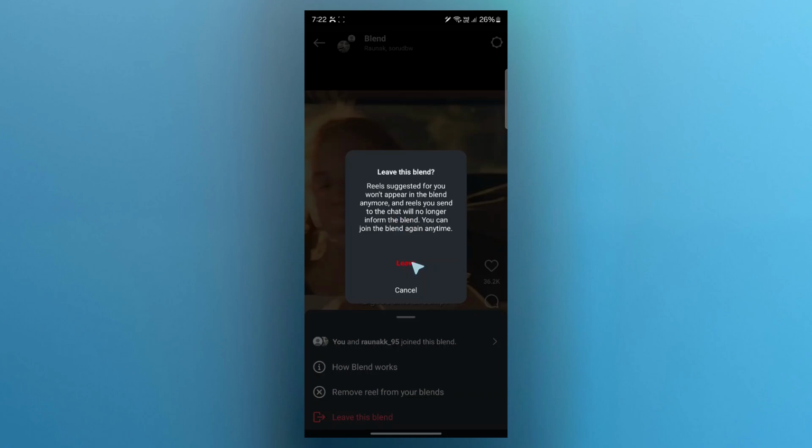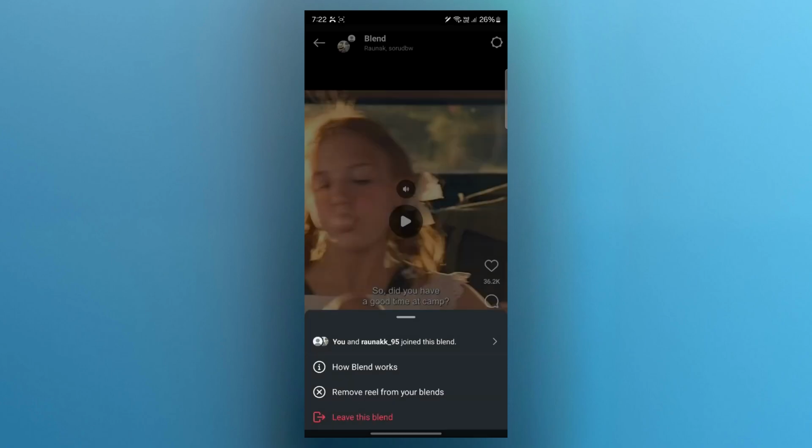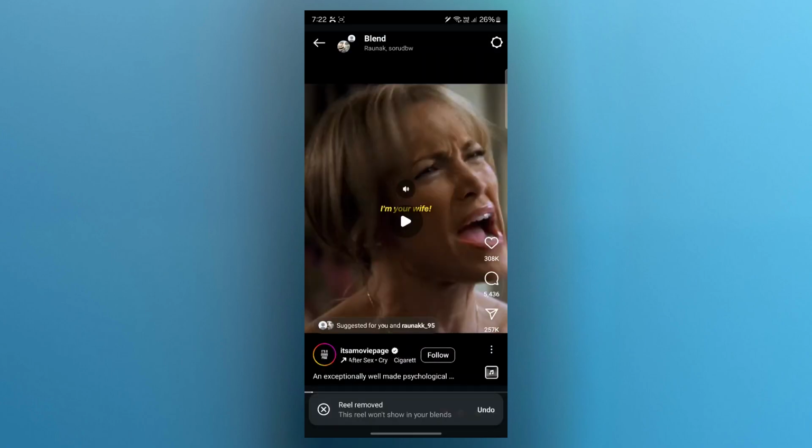So you can just click on the leave option here and this will instantly turn off Blend for that specific chat. You can also click on remove all reels from your Blends and the reels will be removed from your Blend. So that is the simple way through which you can turn off Blend on